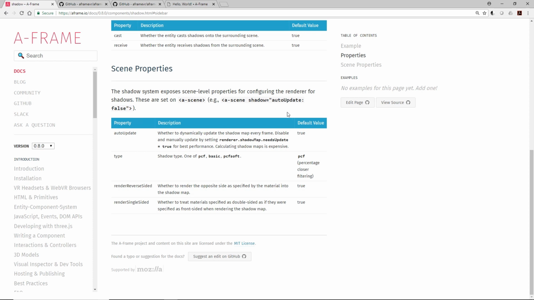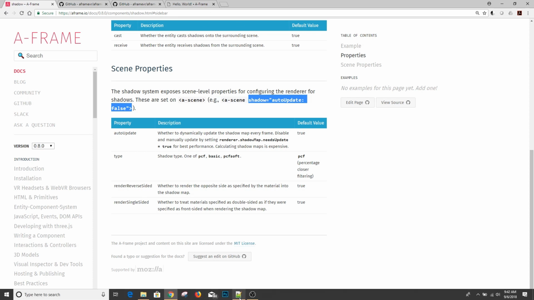There's another one that has to do with the quality. Basic, that's PCF soft right here. And PCF, so type. So it'd be shadow, auto update false, so then we'd have type. Let's do this, shadow auto update. I'm going to copy this. We'll make that true, and I just want to check. So now if we go to